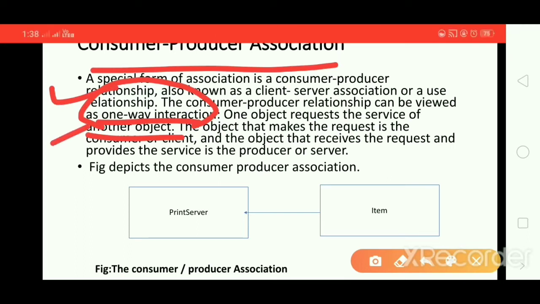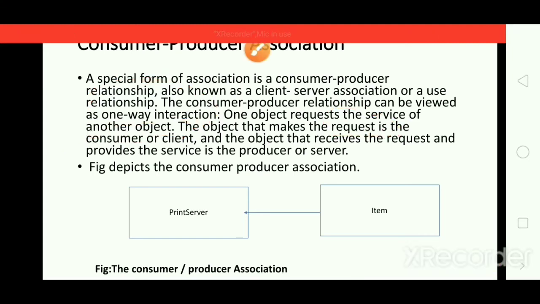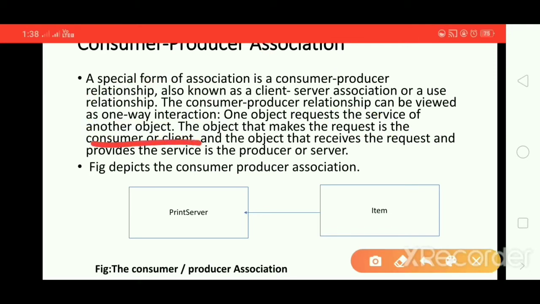The object that makes the request is known as consumer or client. The object that receives the request, or which provides the service, is known as producer or server. For example, print server and item, two objects we have.